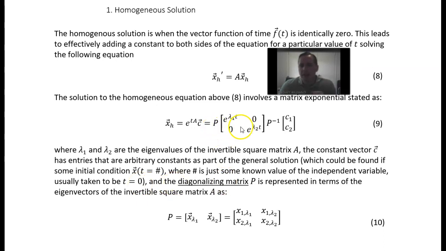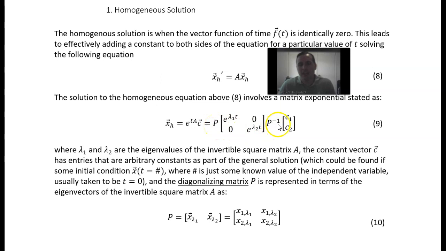And then what is this matrix P here? Matrix P is called the diagonalizing matrix. In other words, it's what makes this a matrix exponential. Now, does it make sense to you that not only do you have exponentials along the main diagonal, which are like exponentials that are solutions from the characteristic equation when we do the homogeneous solution with the method of undetermined coefficients? But notice that you could almost think about the P matrix and P inverse matrix sort of canceling out,